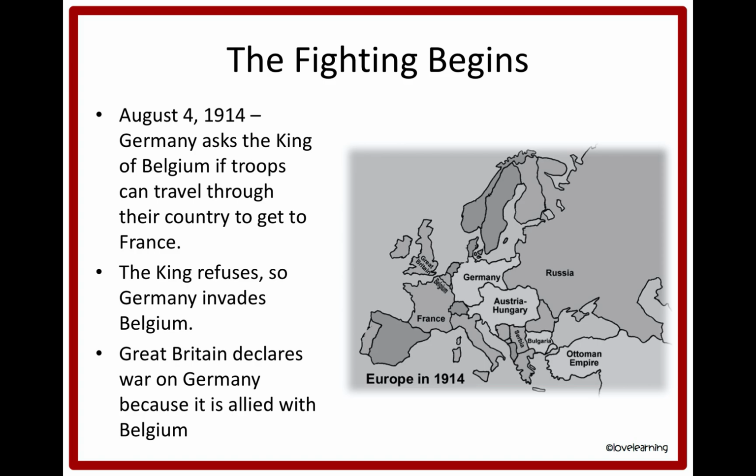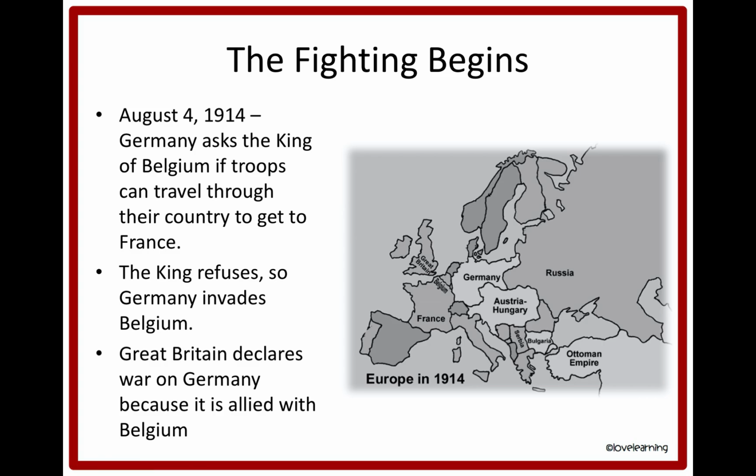Germany asked the King of Belgium if troops could travel through their country to get to France. So Germany's going to ask the King of Belgium if his troops can come in and then down. The king refuses, so Germany invades Belgium. Great Britain declares war on Germany because it's allied with Belgium, okay? So Great Britain, right here, is the island, and they're saying, wait a minute, we need to help our people